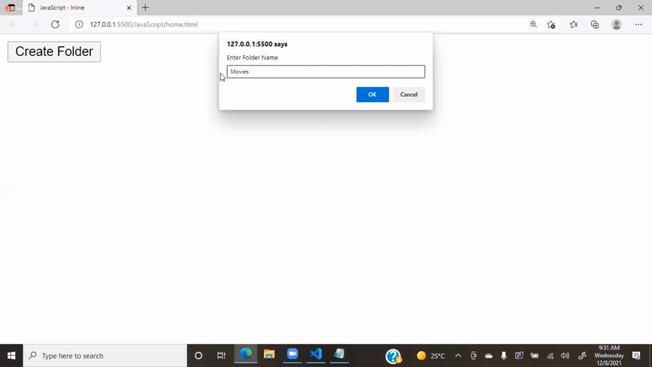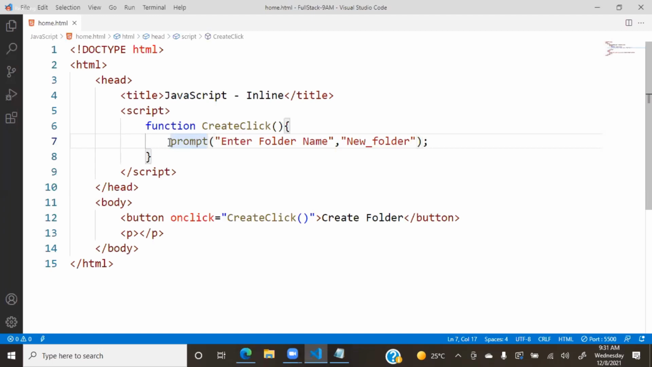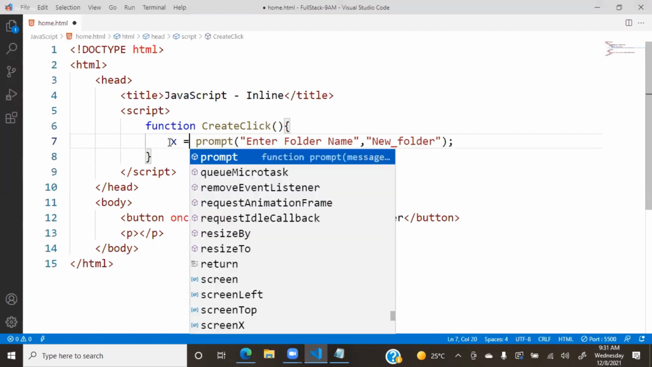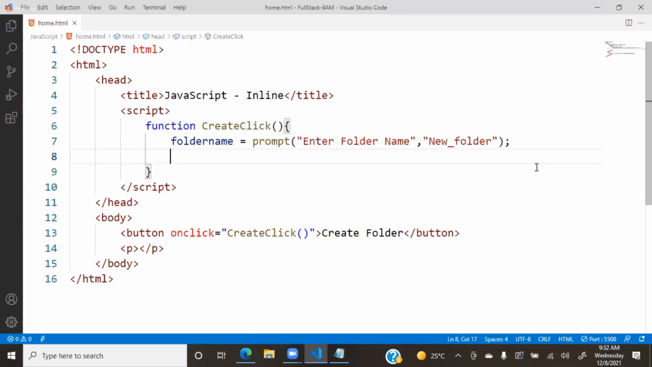So what we have to do now is capture this and store it in a variable, in a reference. Later we will learn variables. As of now, just put some x, or just give here folderName. That means folder name. Now it contains three situations. We will write a condition. If